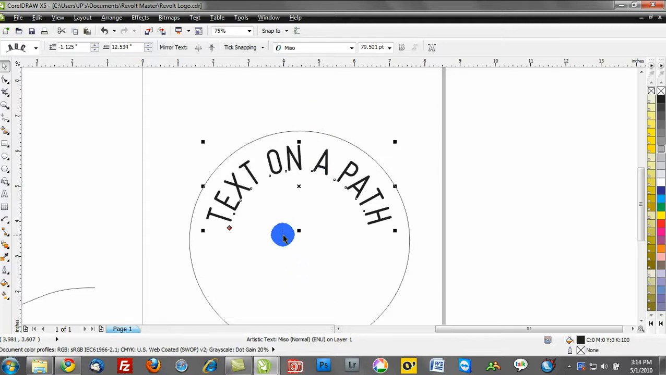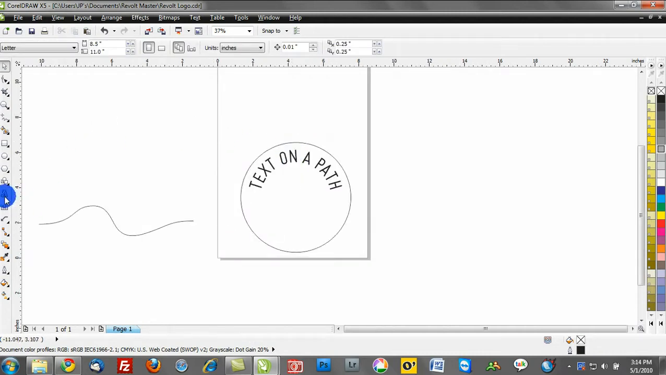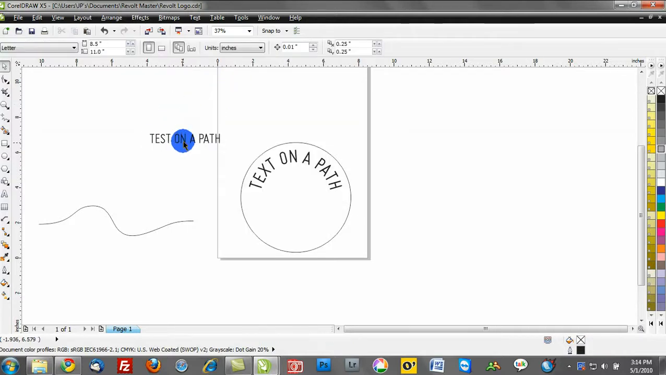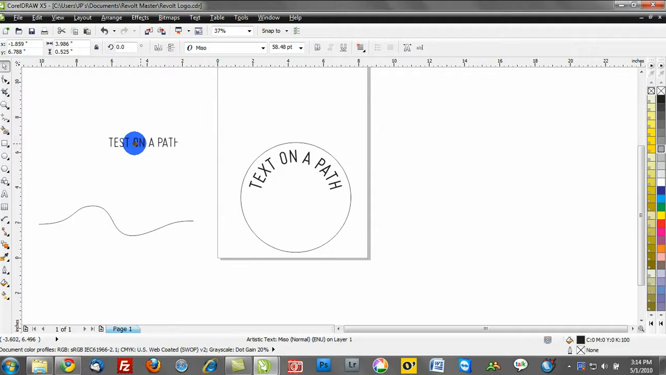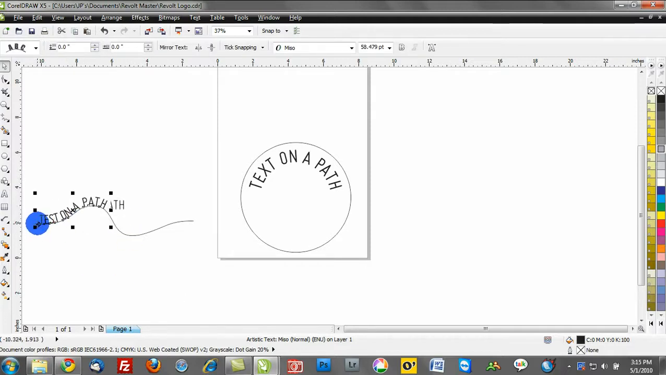Let's do the same thing. Let's go ahead and take our text and we'll type out a new string of text here, text on a path, and we'll change the size of this ever so slightly. Of course we can change the font size. And what I'm going to do now is I'm going to right mouse click, hold down the right mouse button, and drag my text to this new path. Let go, and I have the option that says Fit Text to Path. Now you see how I can also constrain this on the path and follow it however I so choose,